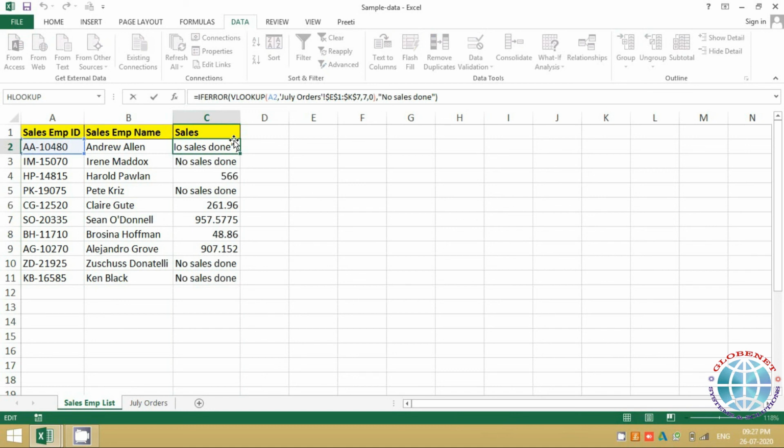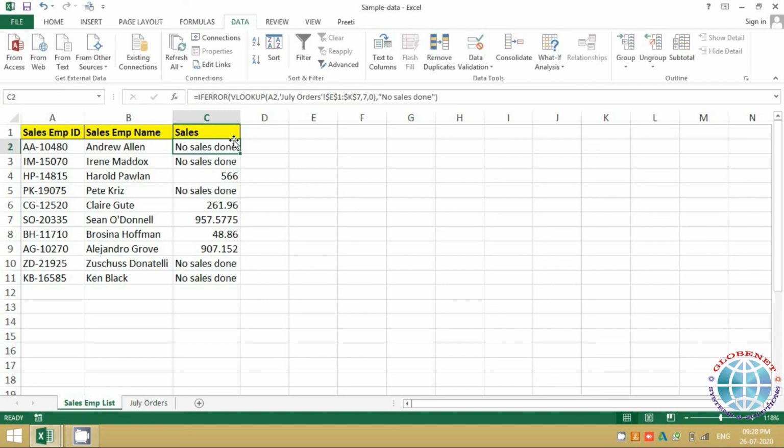You can use it with any other function. IFERROR with VLOOKUP is a common combination that I've come across, but you can use it with any function which is giving you a #NA or any error. So let's say sometimes you do a division with 0, but let's say there were sales of 0. Still, since the value is there, you would want to do that division. So you can write an IFERROR there also, and hide such values, or you can write a text. You can use it with any simple function, VLOOKUP, IF function, any function.